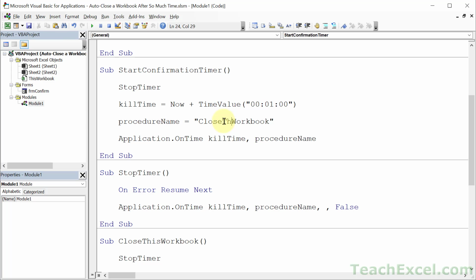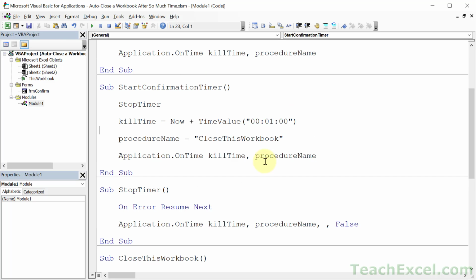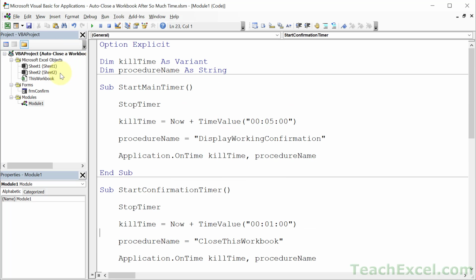And this is what happens when I'm reading everything from notes and not necessarily building this the way that you would from scratch, because you wouldn't know all the names of your macros and procedures until you build them first. So I have fixed the error, and one thing I want to mention before we test it out is